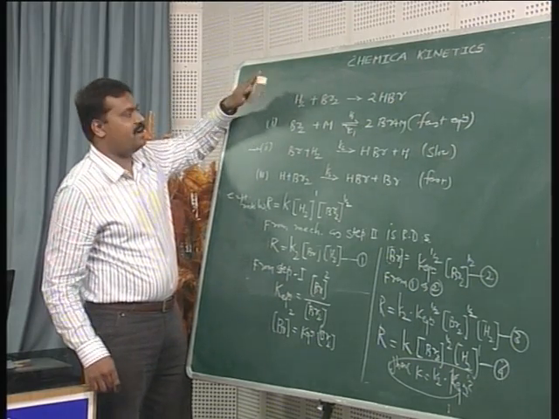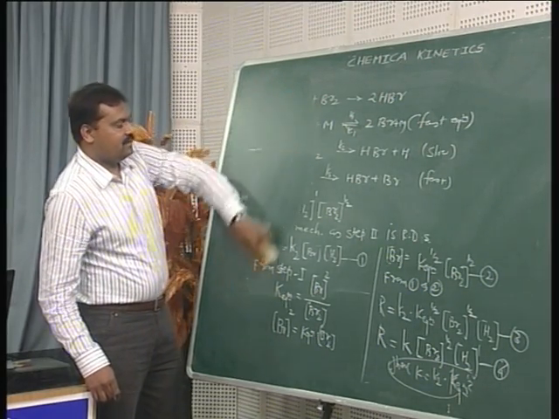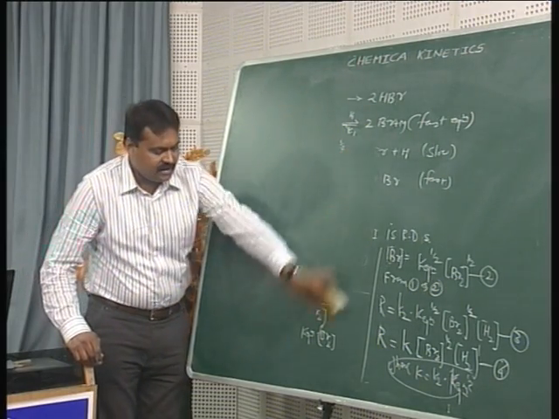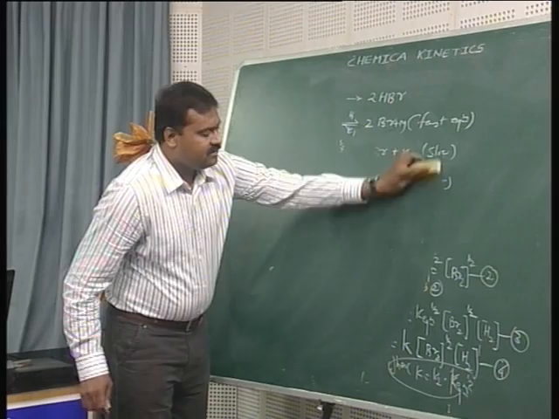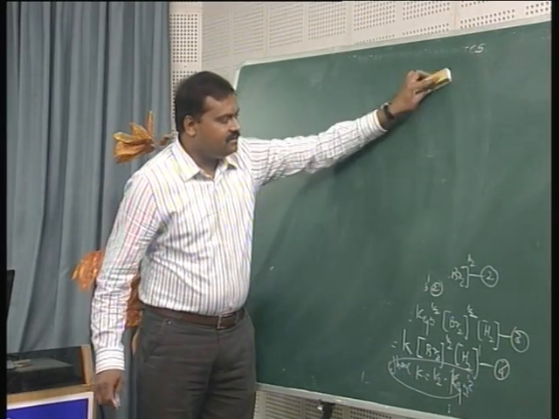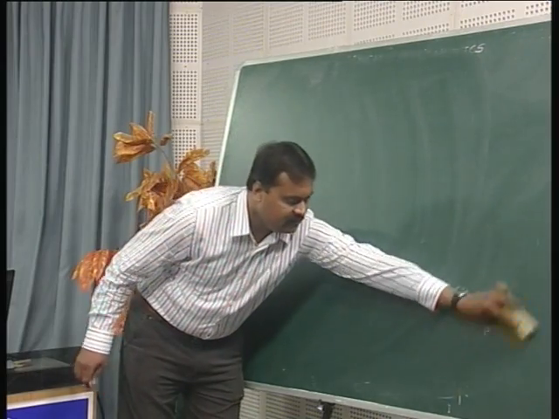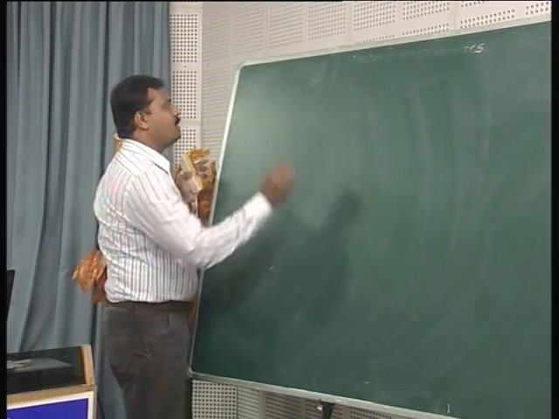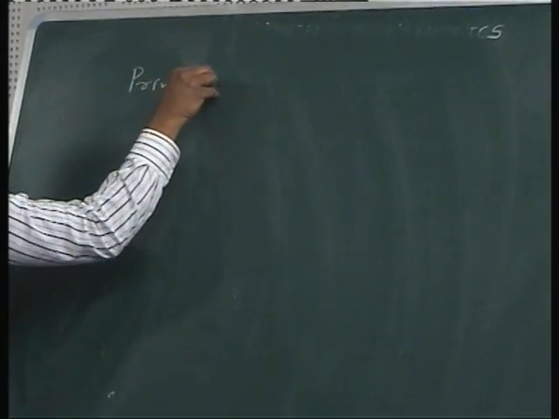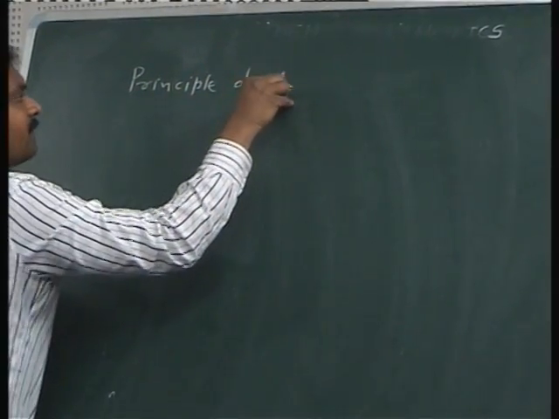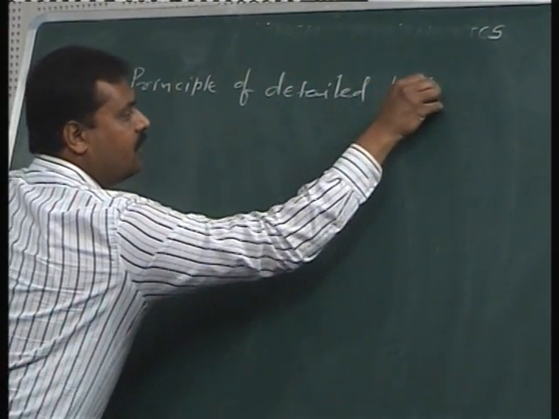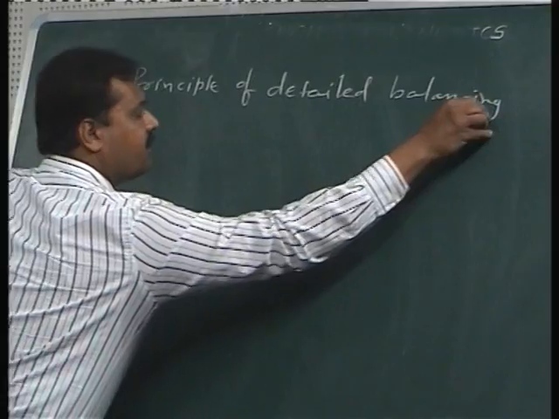Now let us try to establish the relation between the equilibrium constant of the overall reaction and the rate constants of each elementary step and their reverse reactions. And this relation is called the principle of detailed balancing. Or sometimes it is called